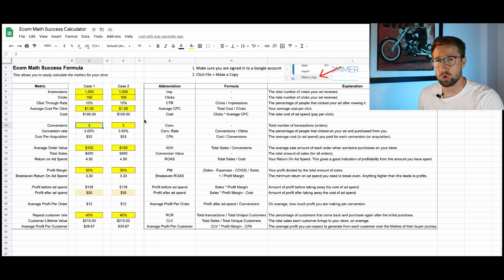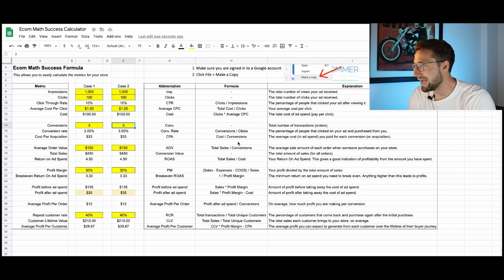So bidding has a huge impact on the profitability of your stores. That's really important to remember. The next thing I want to show you is about the conversion rate. Okay, so we have the same case on either side, and all I'm going to change is the actual number